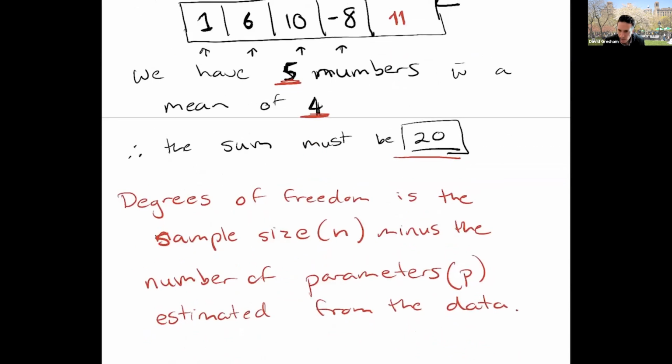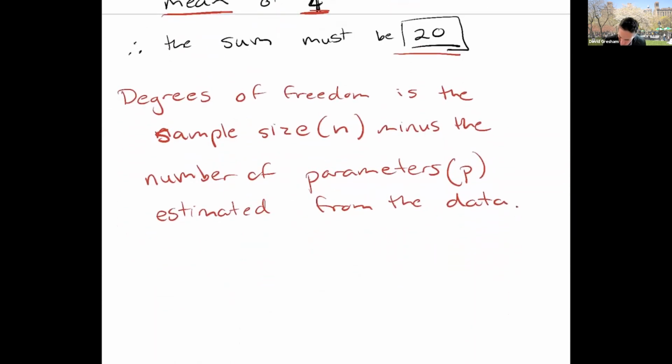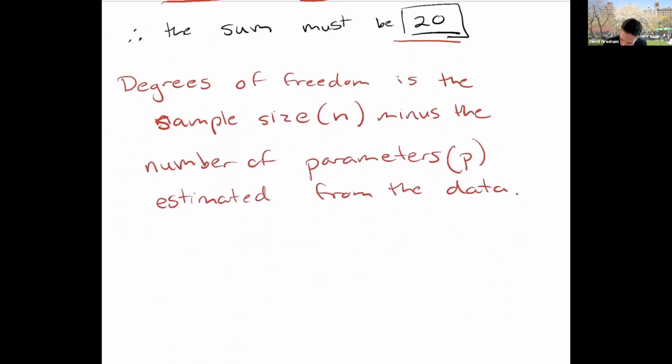P is the number of parameters we've estimated from the data. In this case, it was 1 because we've estimated the mean. Therefore, we lost 1 degree of freedom. Okay, and so this is important to remember because when we measure the variance,